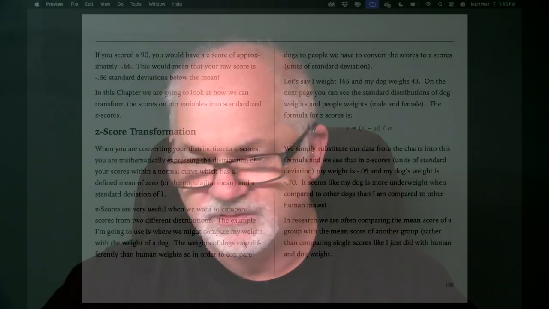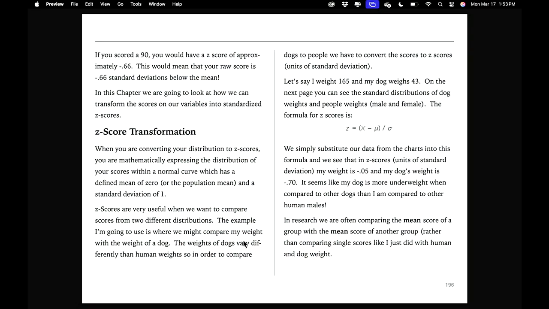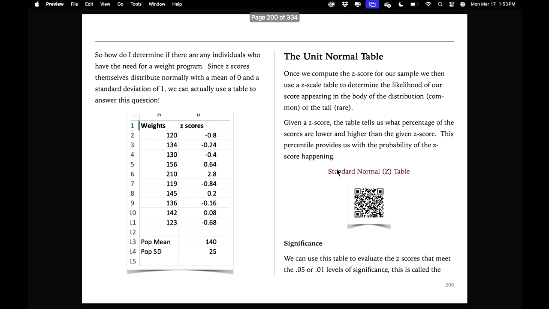In the quiz, let me go to the quiz here. In the quiz, I'm having you use that formula. The formula I want you to use is this one right here: Z equals X minus mu over sigma. I think that's what those are, mu and sigma. Okay, I want you to use that formula right here to calculate